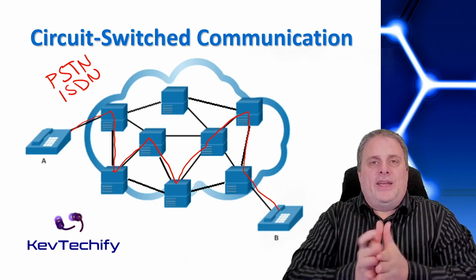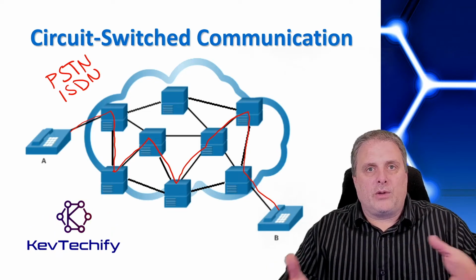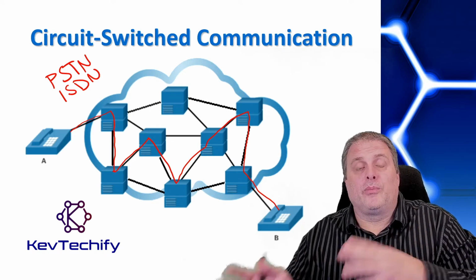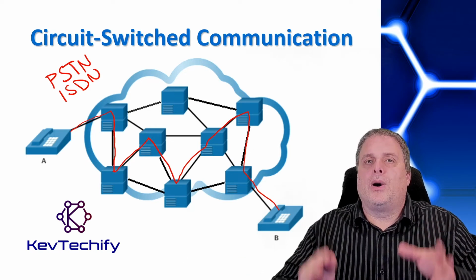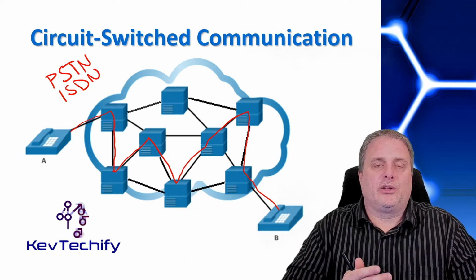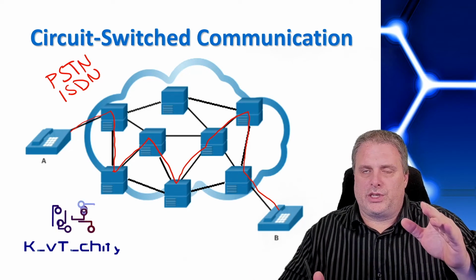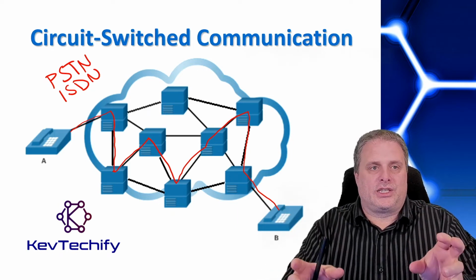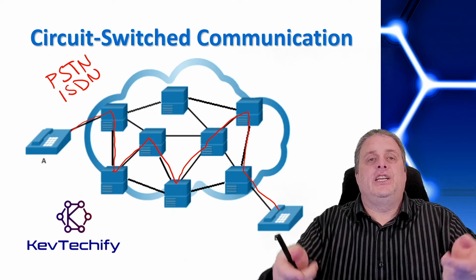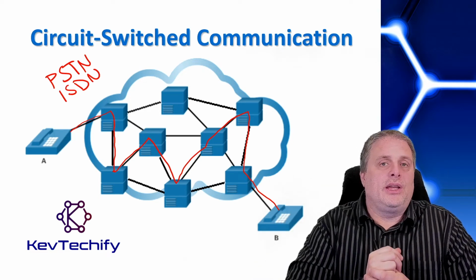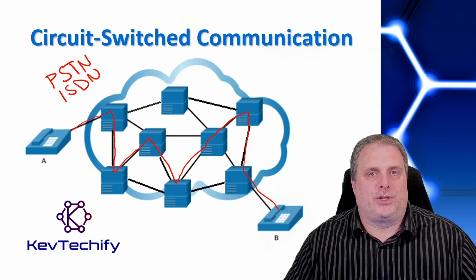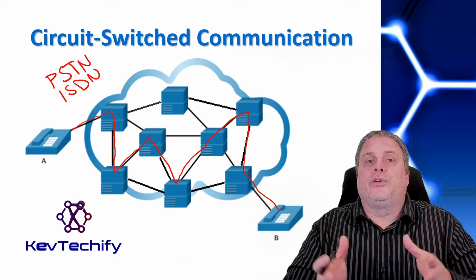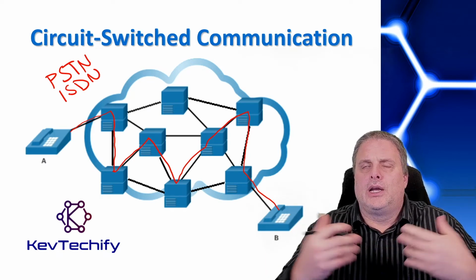And with the PSTN, you could get internet over it, but that was a maximum of 56K per second. Well, not megabytes, but kilobits per second. And so public switch telephone network, that was 56K. When we take that from an analog signal, which the PSTN was, and change it into a digital network, you could get speeds up to like 300K per second. And so comparing those two, that was really fast. But looking at today's standards, that's not really fast.